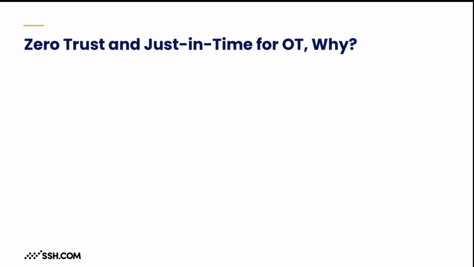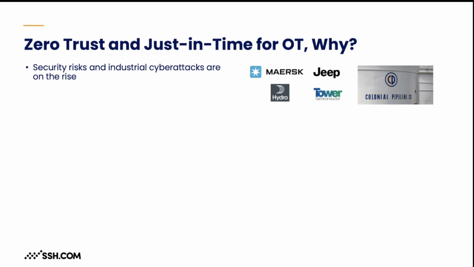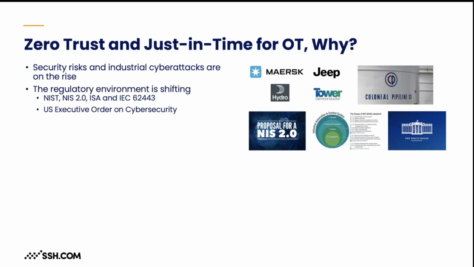Let's first discuss why OT needs to adopt zero trust and just-in-time. As we have recently seen, security risks and industrial cyber attacks are on the rise, affecting operators of manufacturing sites and critical infrastructure. In the meantime, the regulatory environment is shifting as regulators are reacting to these new threats and demands. As a result, OT operators need to take into account, for example, NIST, the European NIS, ISA, and IEC 62443. Moreover, the US has recently issued an executive order on cybersecurity, underlining the importance of zero trust and access